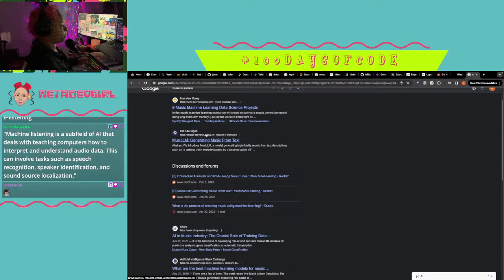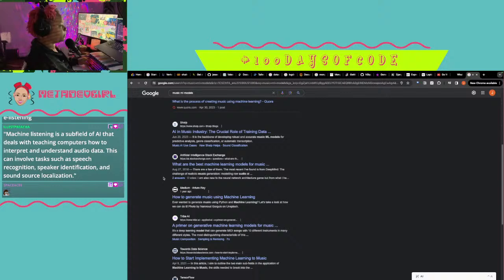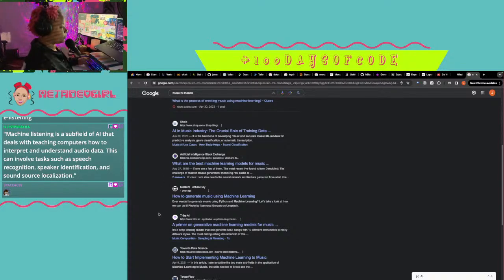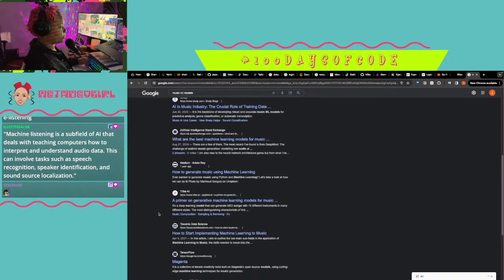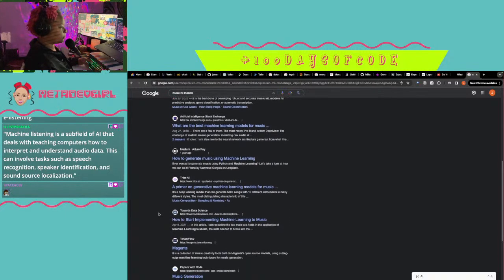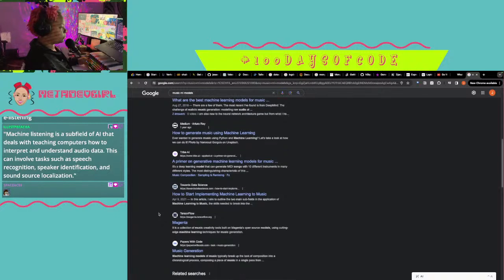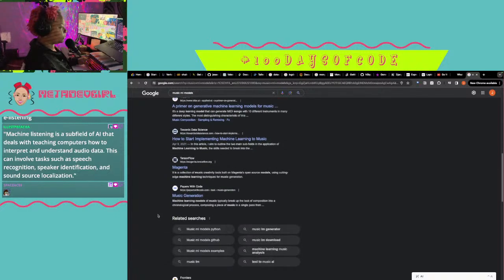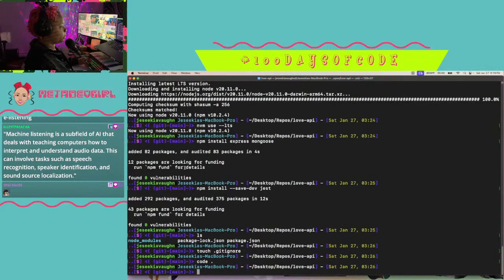Oh. Magenta is a collection of creativity tools built on Magenta's open source models. Magenta. I hate that I keep doing that.